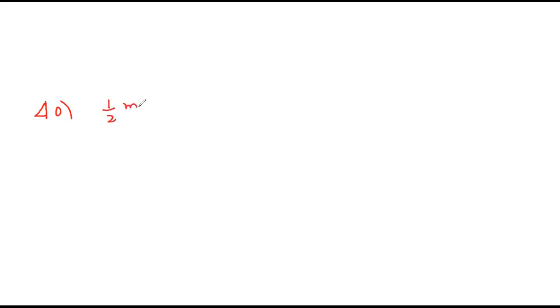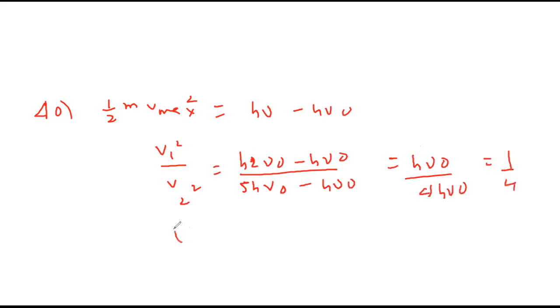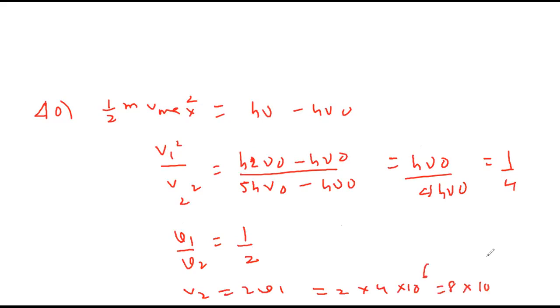So KE max I can write as half m v maximum square, which is h nu minus h nu 0. Taking the ratio, v1 square upon v2 square is h into the first frequency 2 nu 0 minus h nu 0, and second is 5 h nu 0 minus h nu 0. So 1 h nu 0 upon 4 h nu 0 will become 1 by 4. Taking square root, v1 upon v2 is half. Therefore v2 is 2 times v1, which is 2 into 4 into 10 raised to 6, 8 into 10 raised to 6 meter per second. Option